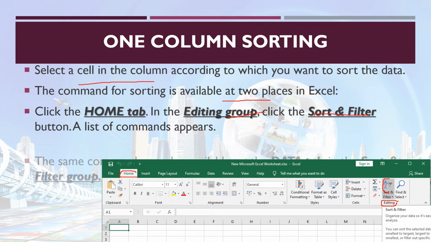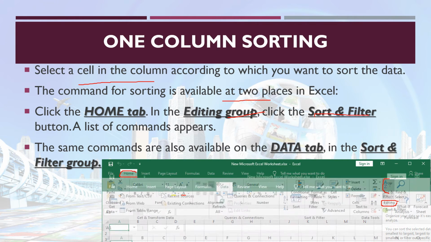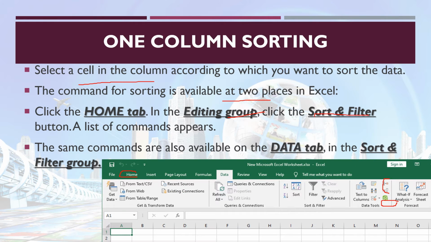The next option is that the same commands are also available on the data tab. First we saw the home tab, right? Now click the data tab, and in the sort and filter group you can see the sort option available.